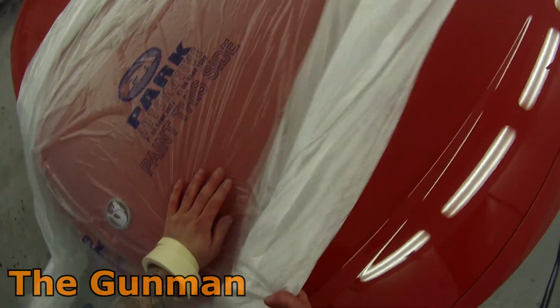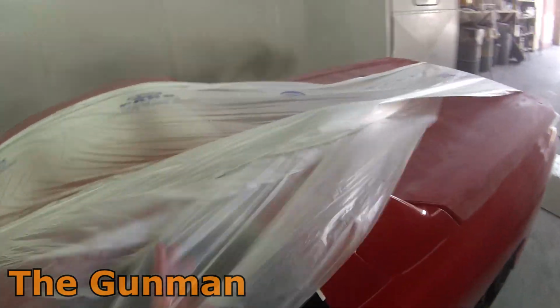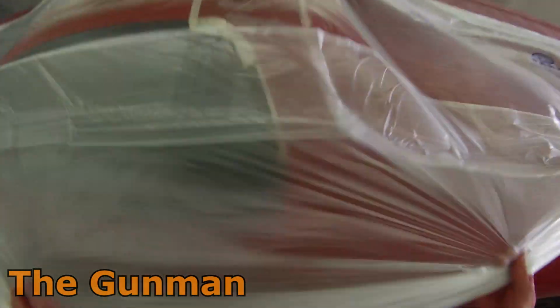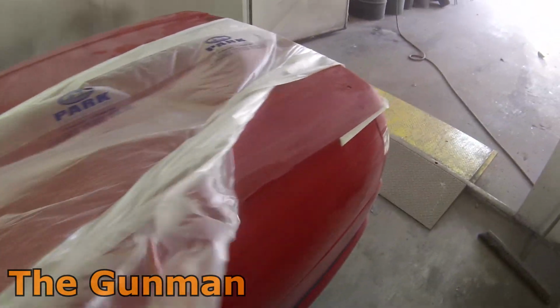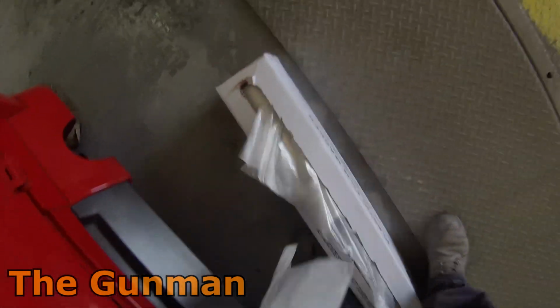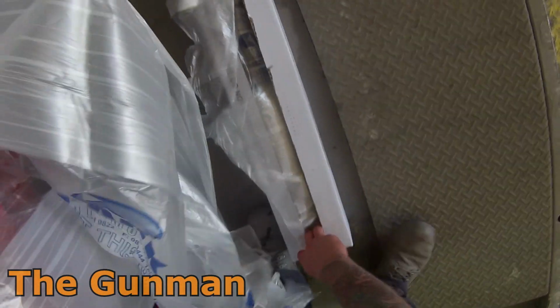It's one of those things that extra half an hour to an hour stripping it all down may make the difference between not getting it primed up that day. So yeah, you just got to prioritize. Also, it's easier to move the car around without having that big hard lid and trying to maneuver that around as well. So in the booth, getting the sheet of plastic over it,